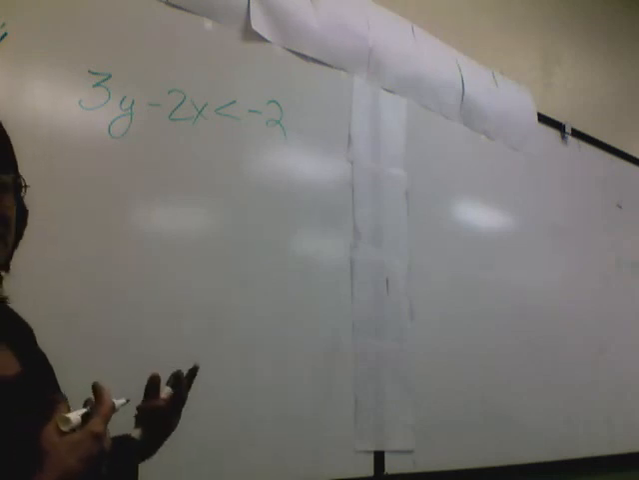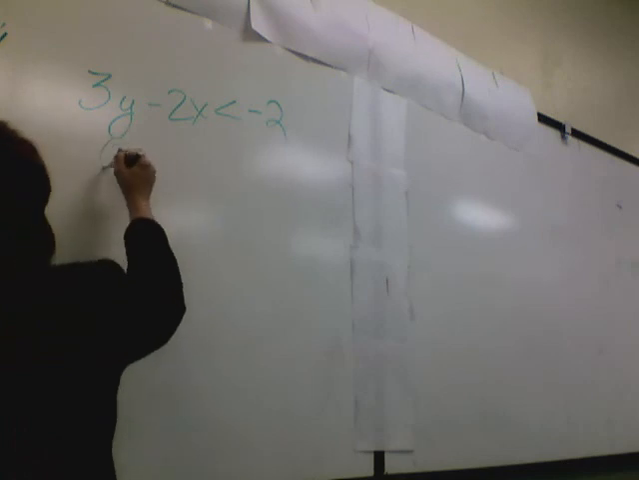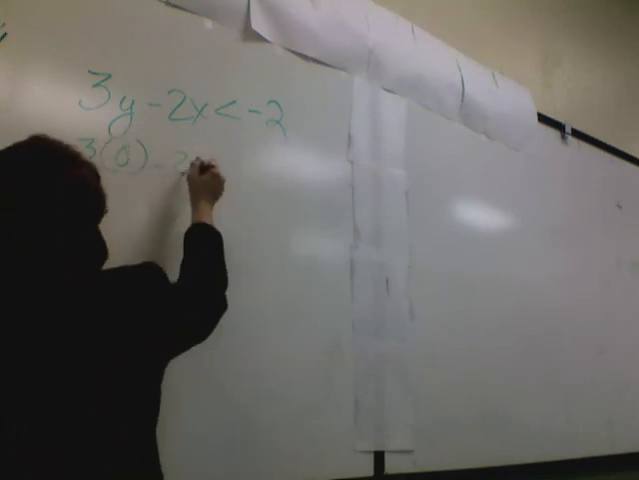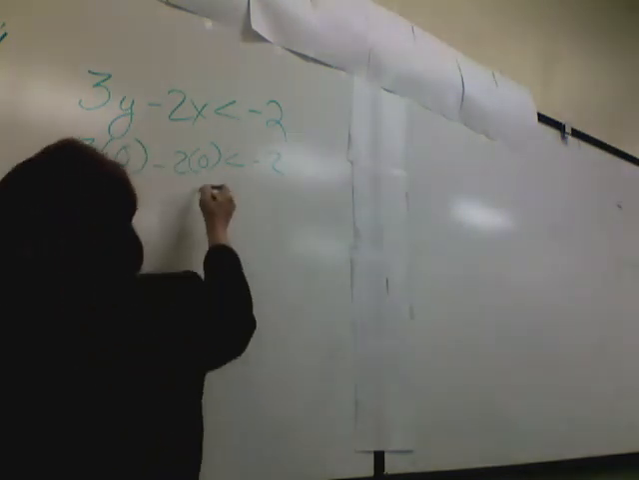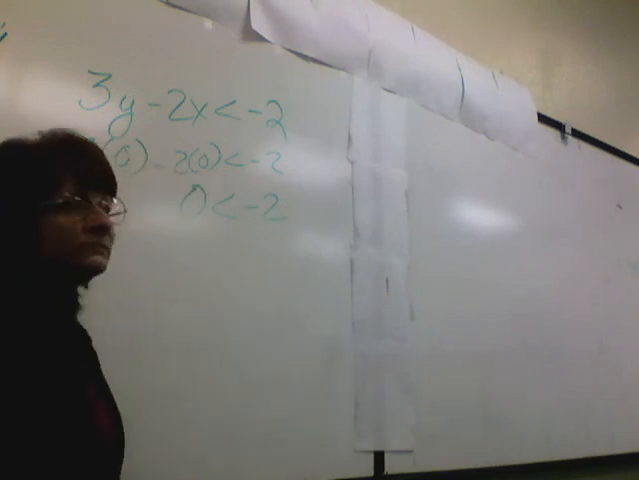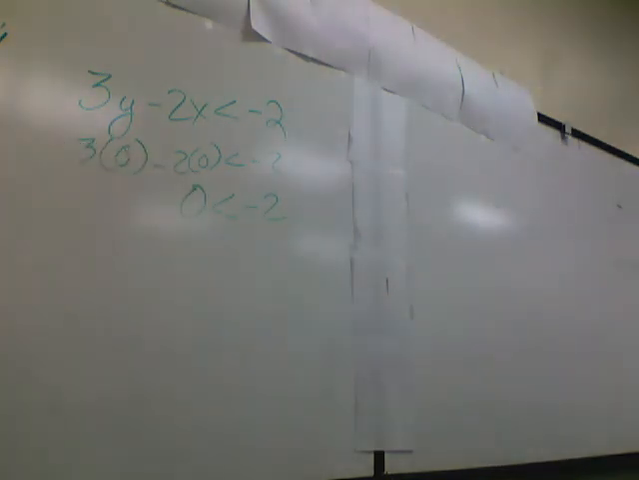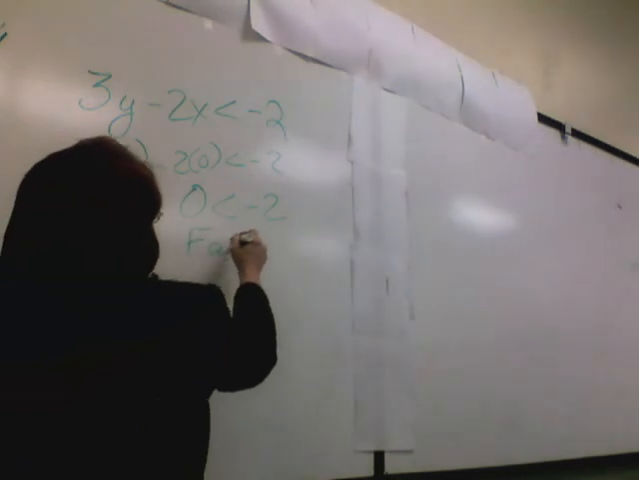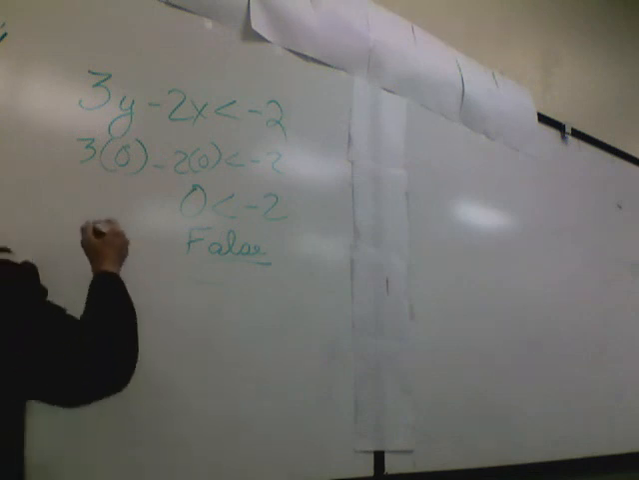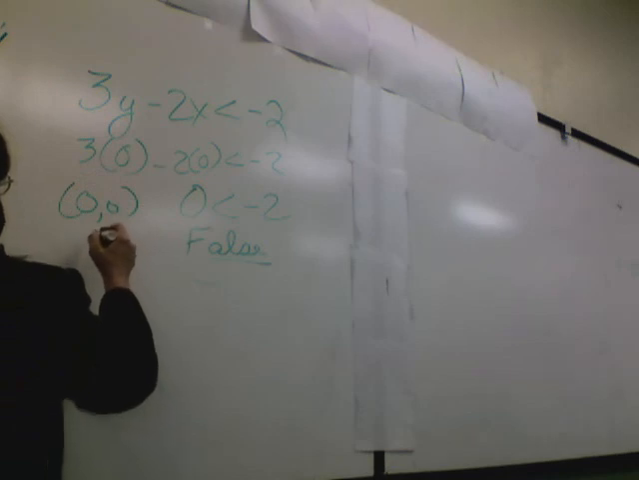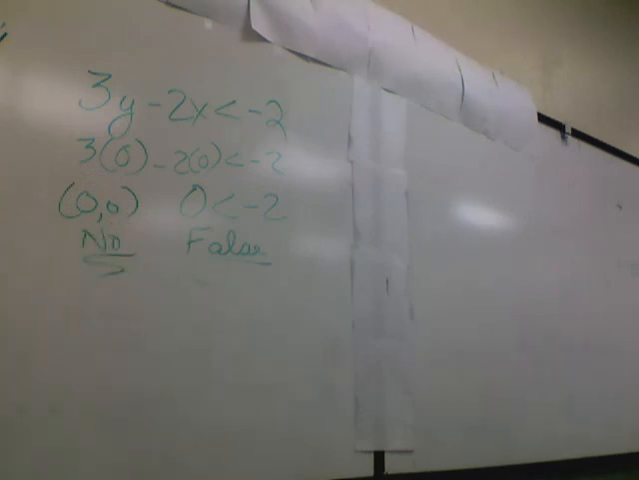We're going to put the point 0, 0 in here. It won't take long to do that point. The point 0, 0, it wants to know. 0 minus 0 is 0. Is 0 less than negative 2? Yes. Oh, no. No, it's not true. This one is false. It's not an equal, this is no. It's false. 0, 0 is not a solution. Okay, and we'll go ahead and stop it and start it and put